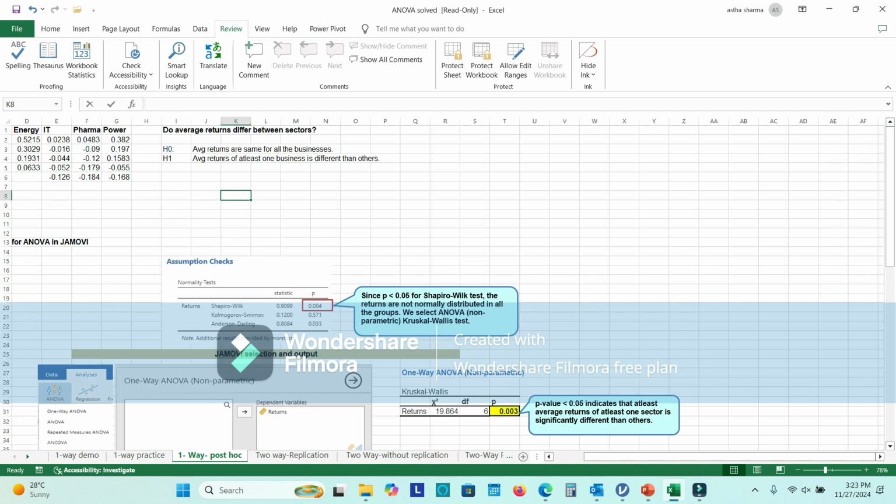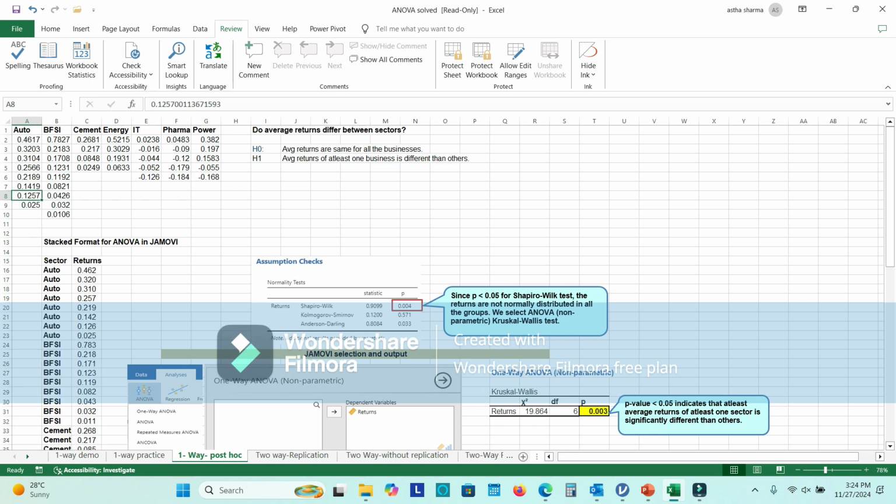So now again, if you see, the numbers are different here. So average returns differ between sectors. A simple question is asked: does the average return differ between the different sectors? So this was given for Excel. Now if we do it in Jamovi, you have to select the one-way ANOVA